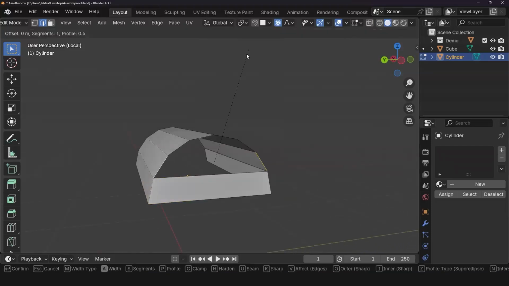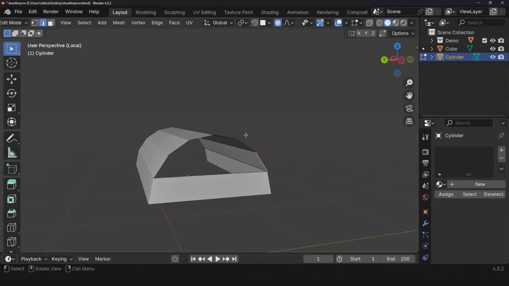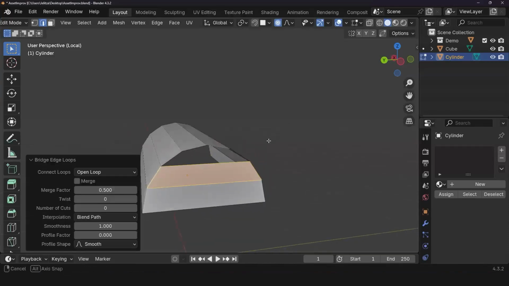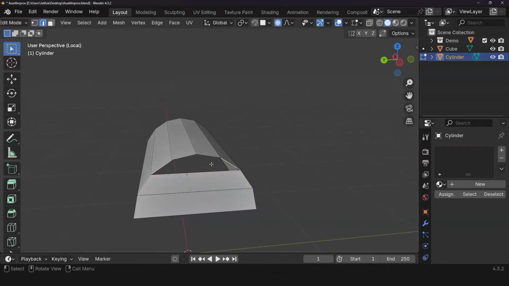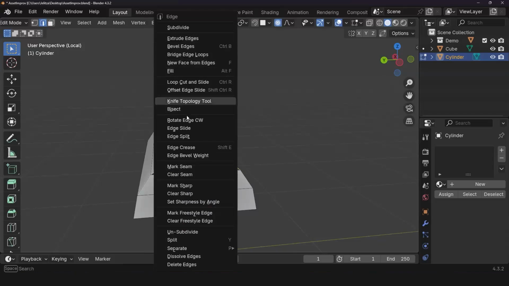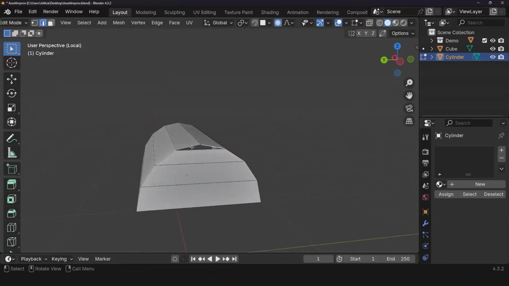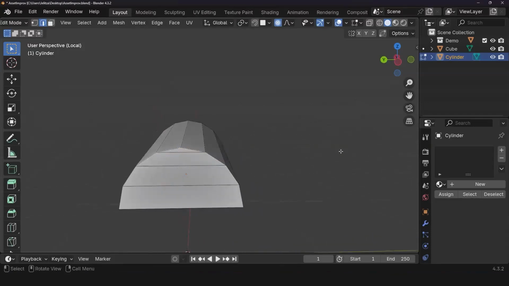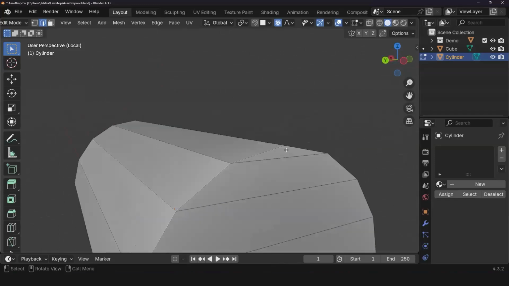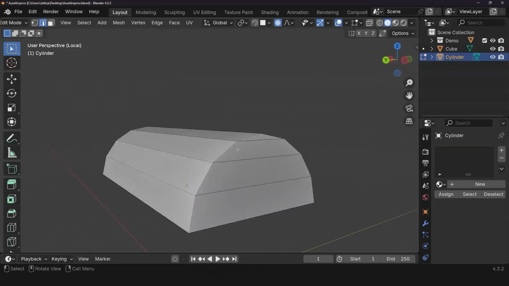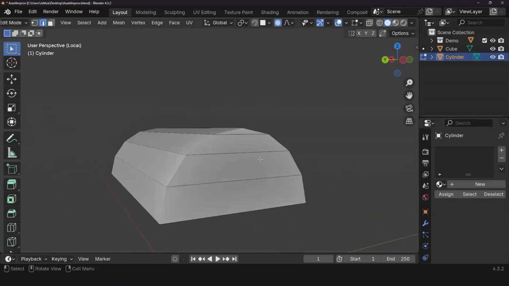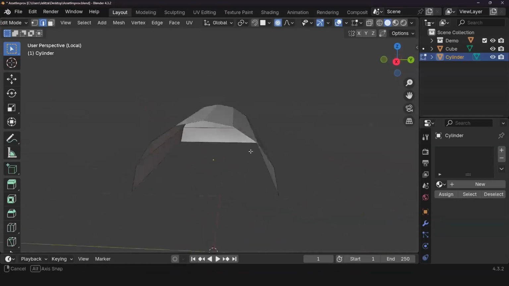Right click. Oh, just kidding. I did bevel edges. Bridge edge loop, and let me do one more time. Edge loop, and then we could just do a fill here. F to fill that up, and that's fine. This is not an n-gon. Anything more than four sides is an n-gon, and we don't want those. However, we are sticking to our quads and our tris.